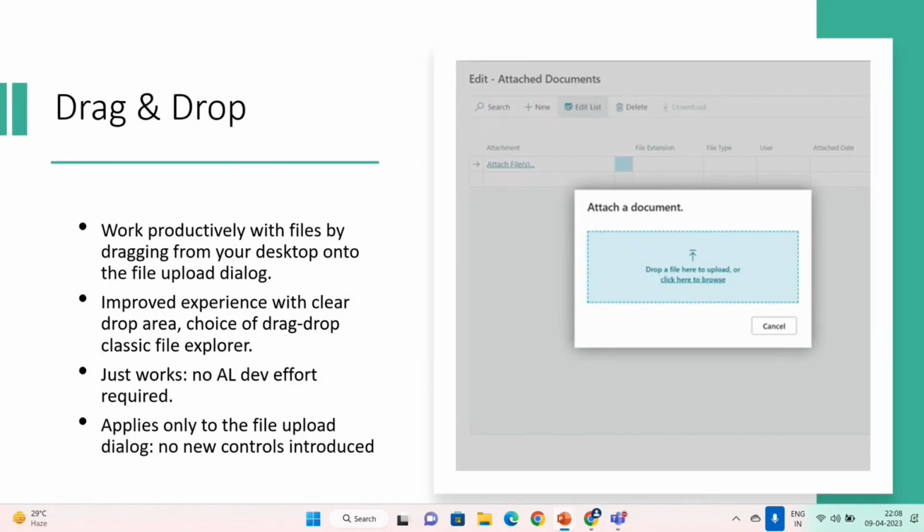The next one is the drag and drop feature. In this feature, if you remember, currently if we need to attach any document to any journals or documents like sales documents and purchase documents, we need to click on attach file and then the classic Windows Explorer opens where you can select the file which you want to upload to the particular document. But now Microsoft has given this particular section where you can drag and drop the file,